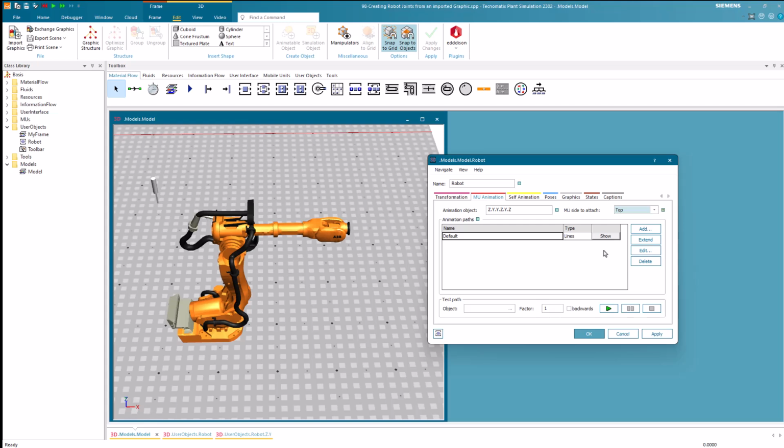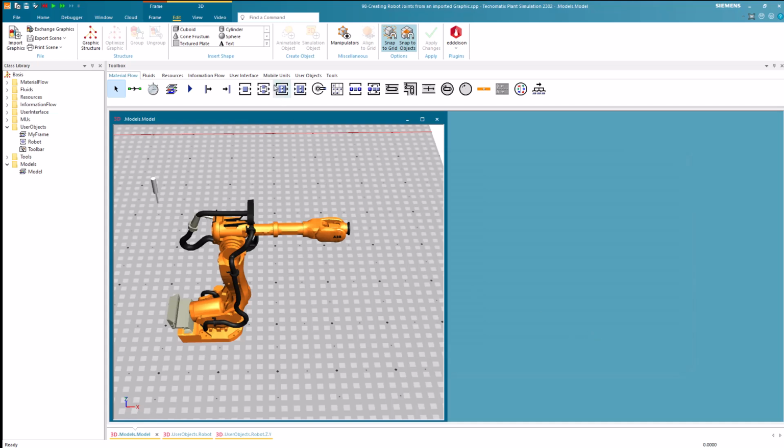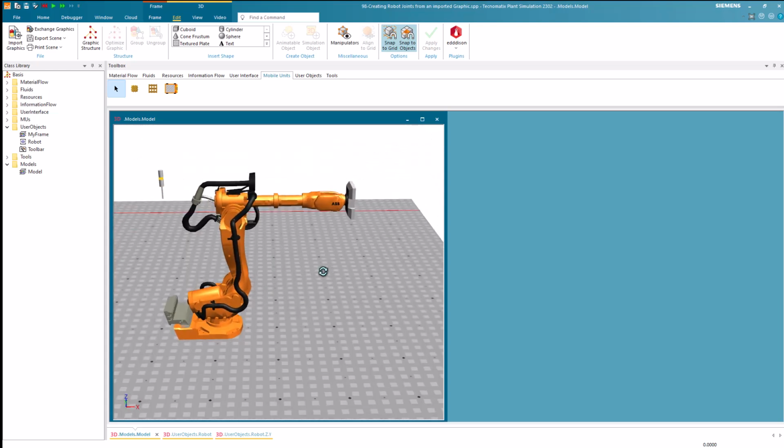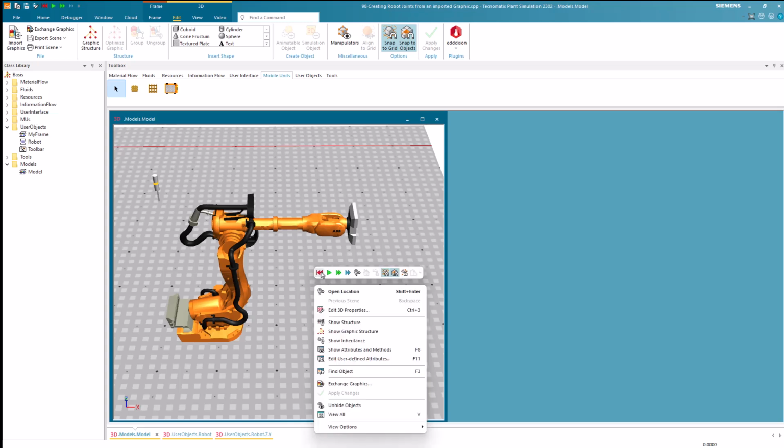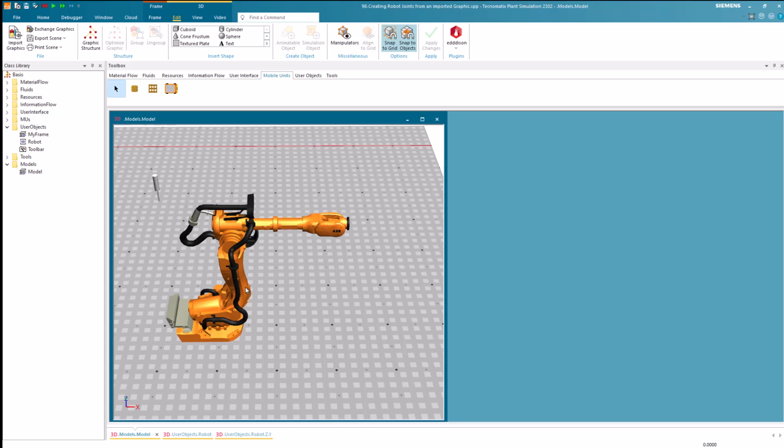With this, now the robot is complete. If we now drop a part at the robot, we will see that it is animated on the last joint. As you can see, the states are also still visible. We can simply hide them in the Edit 3D Properties dialog.